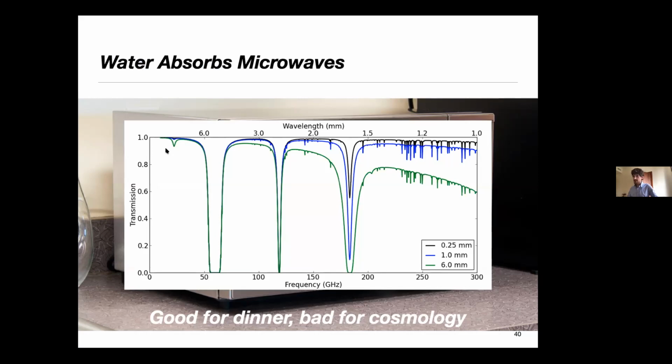This is a little bit technical, but it's just showing the transmission, so how much of the microwaves make it through the atmosphere as a function of frequency. And we're roughly interested in observing these frequencies. And this is the total amount of water vapor in the atmosphere. If you were to take a column all the way to space, condense all the water, this is how many millimeters of water you'd get. And you can see that once it gets up to a few millimeters, the transmission starts degrading significantly. And